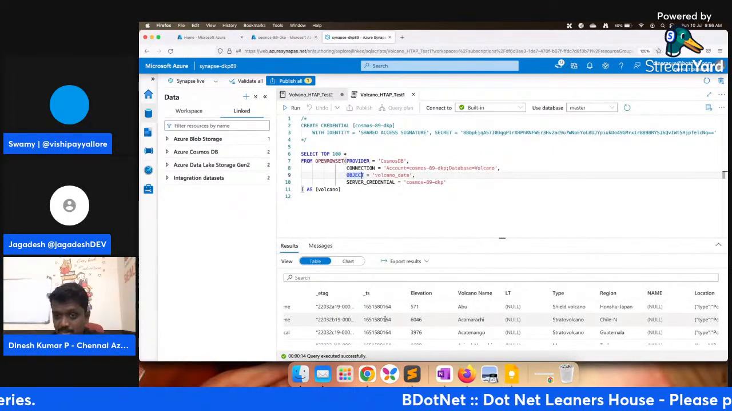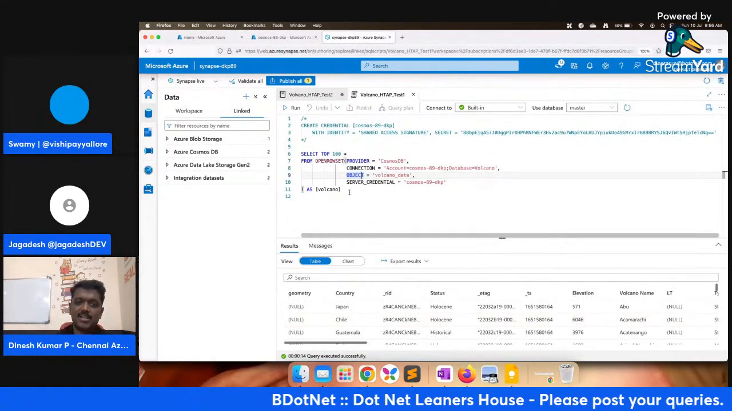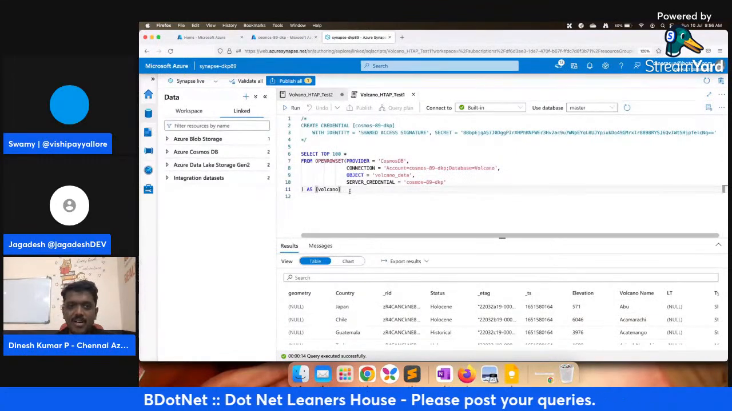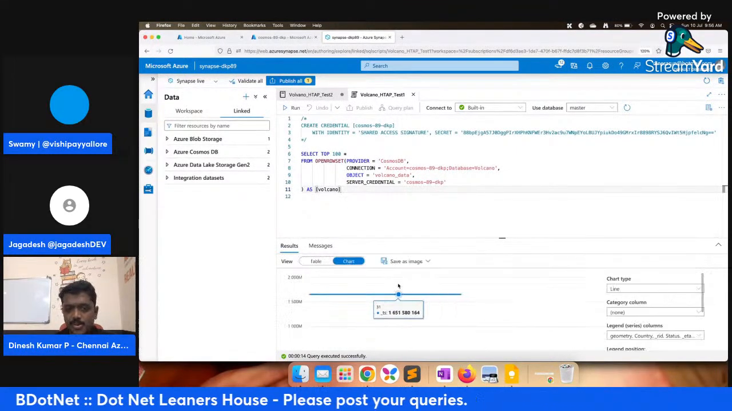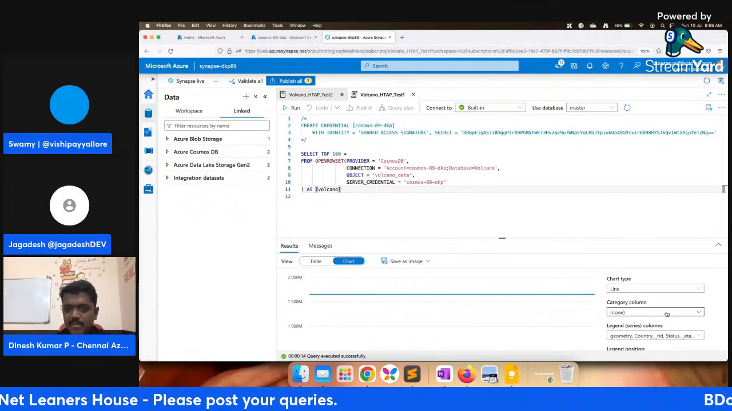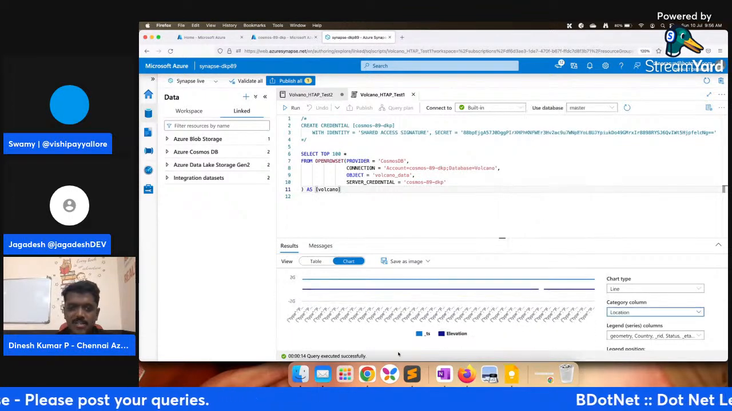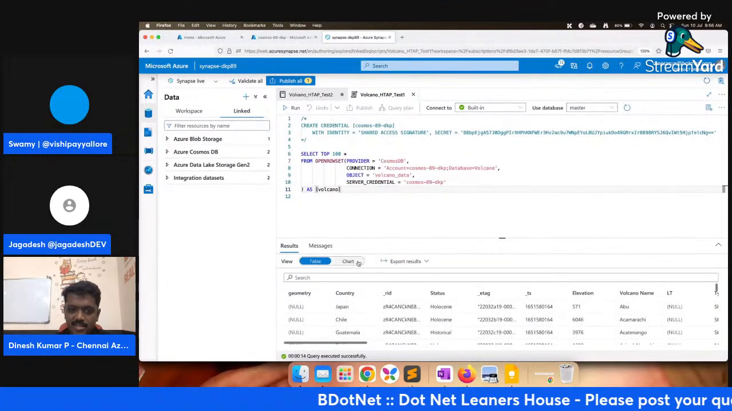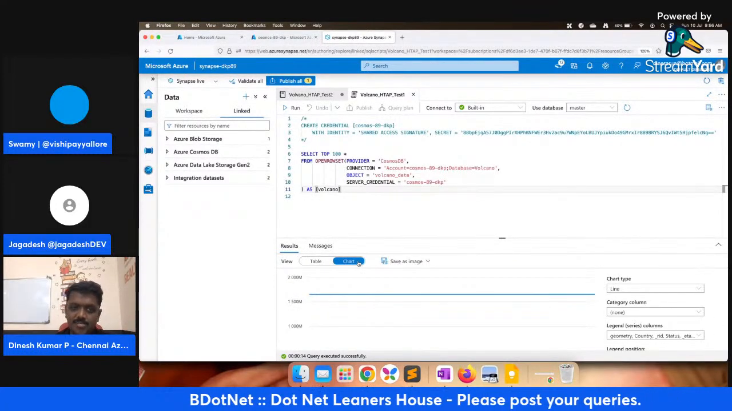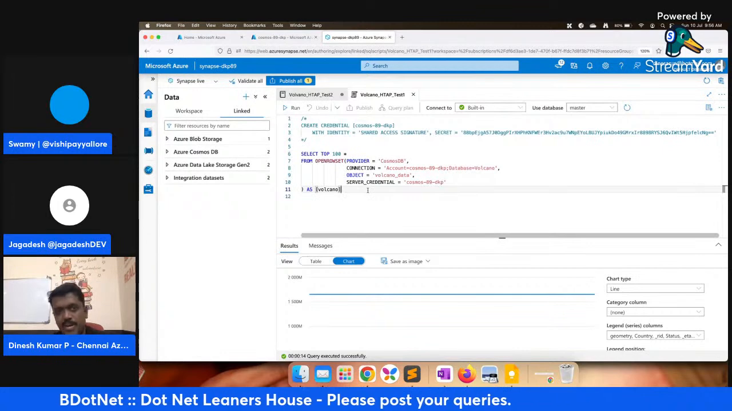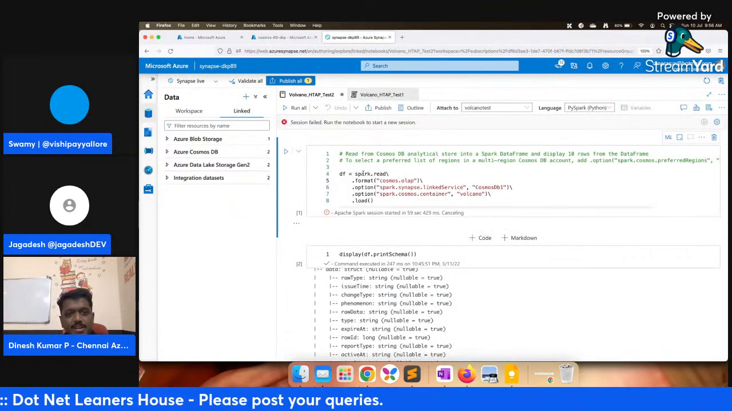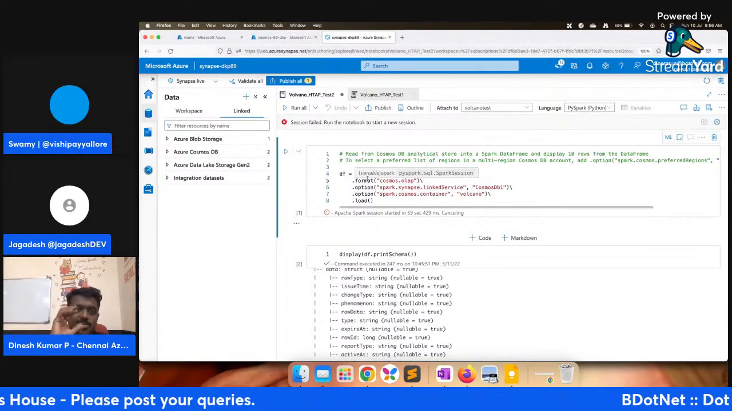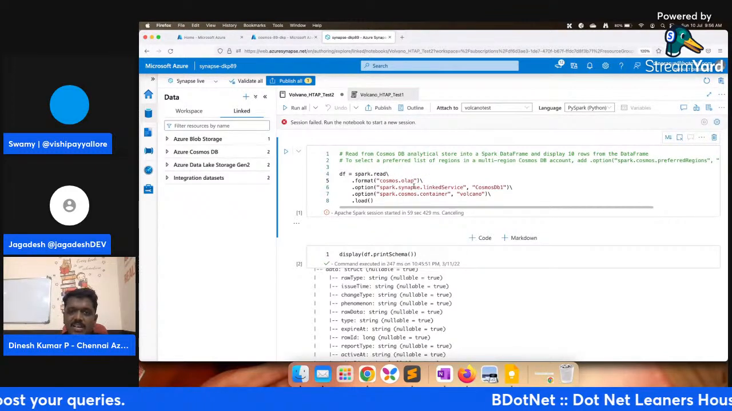So the relevant columns are present with values, and this is one part. And of course, you can also create some charts over here, and we could see the result both in the tabular and in a visual format as well. Okay, so this is one part, and the next part is we can also query Azure Cosmos DB data in